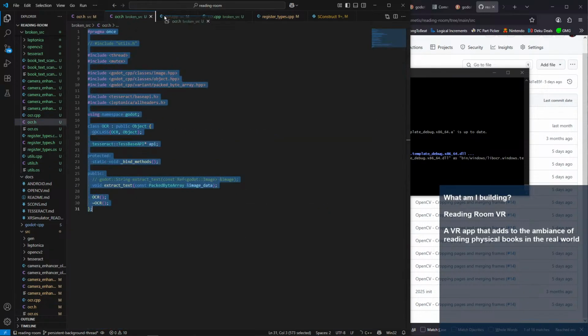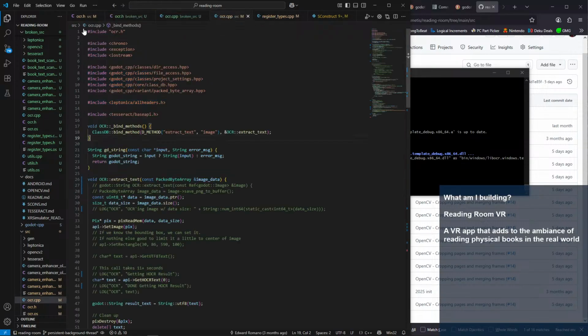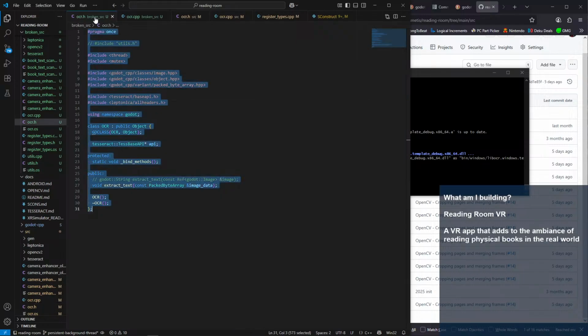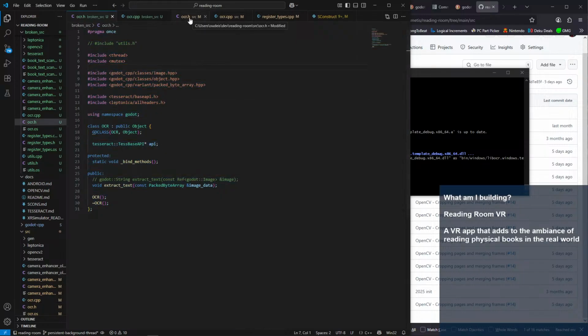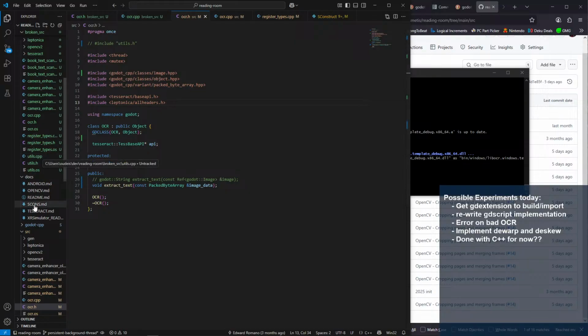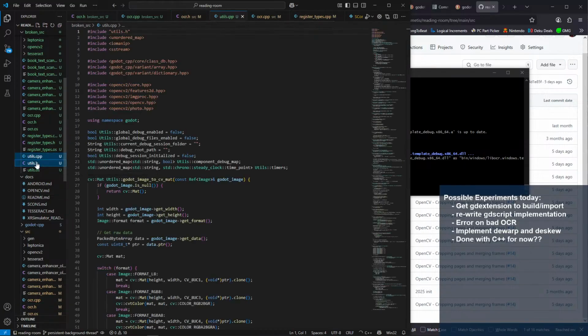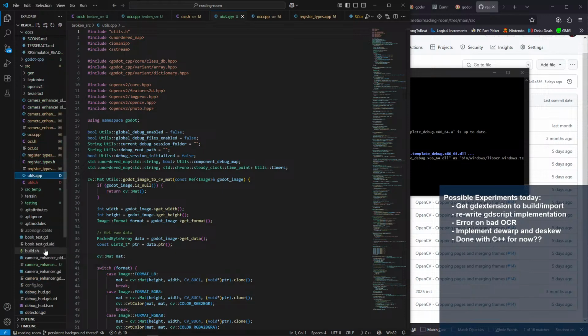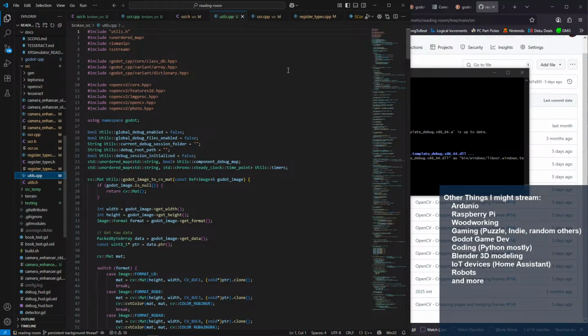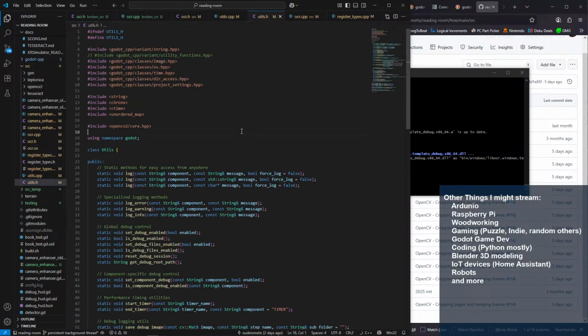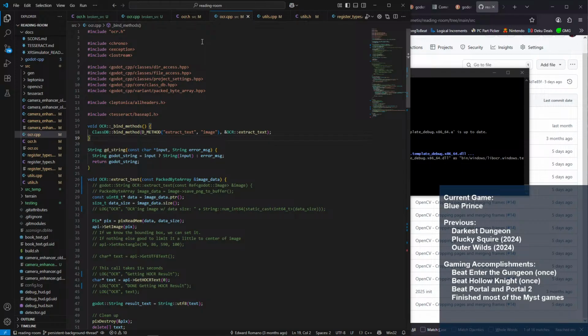So let's do this. Our good ones are on the right here. This is the broken one. We've copied it over. So if we bring in utils.cpp and utils.h, this will be really annoying if this just works.